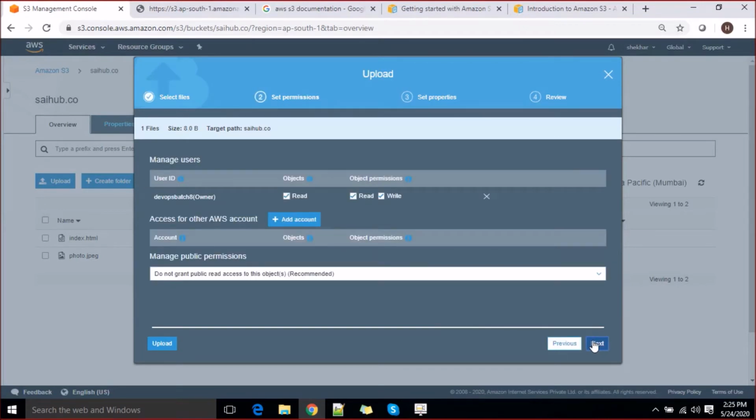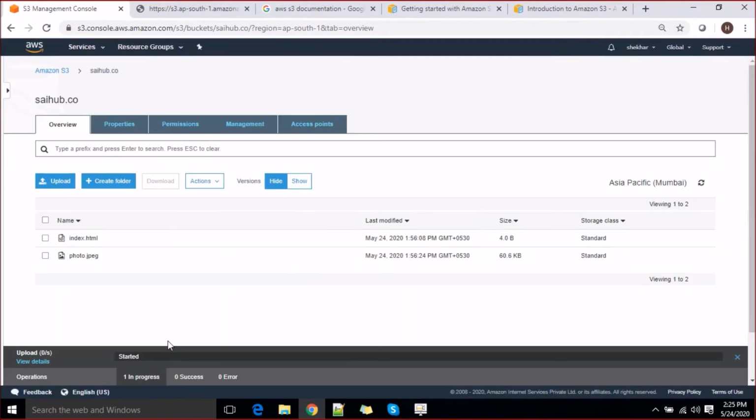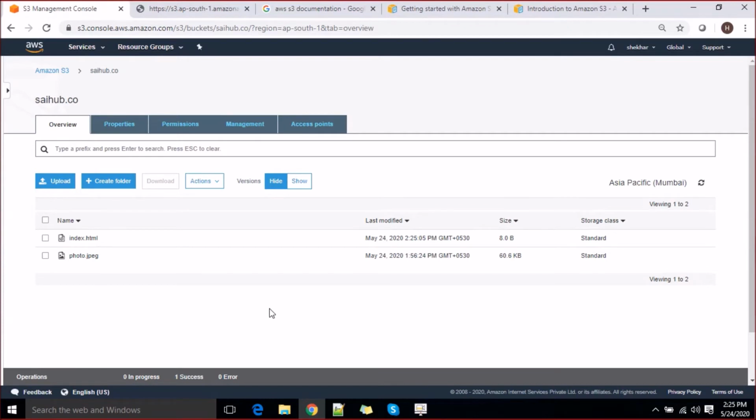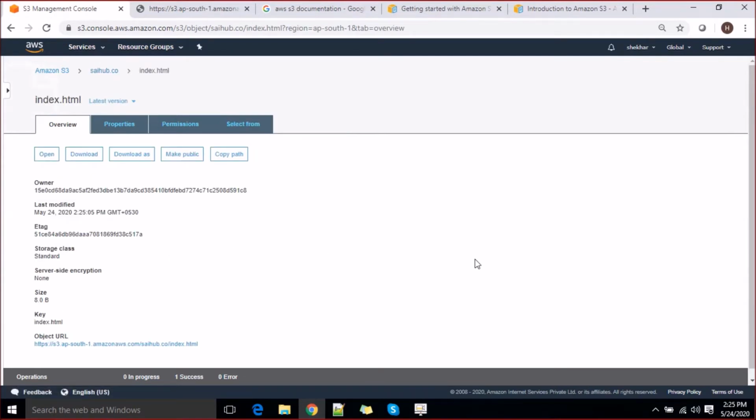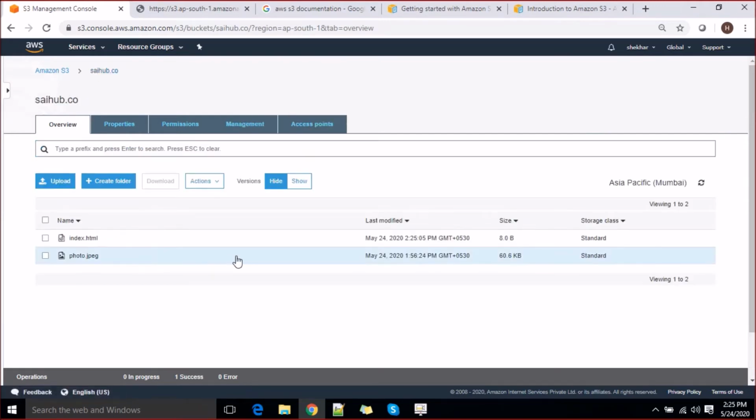So let's not do next and do upload. Now you can see this file has been updated without telling anything, and I can see the two files only. But there will be a version of this file available for us if you need something to recover it, and if you move it to the older version, those things will be available for us in this class.